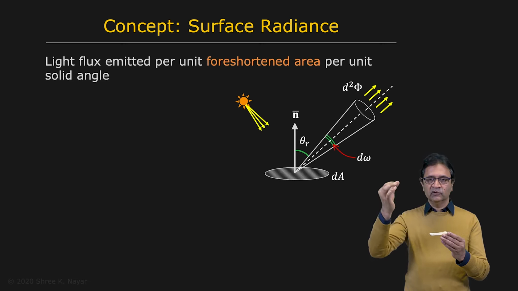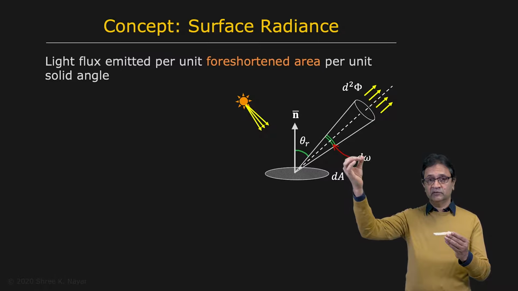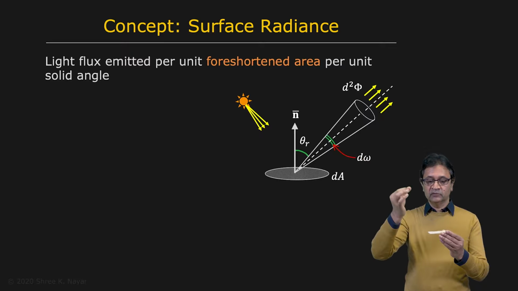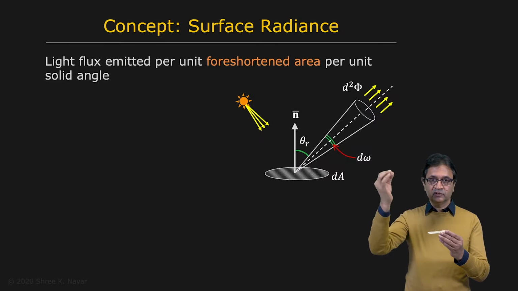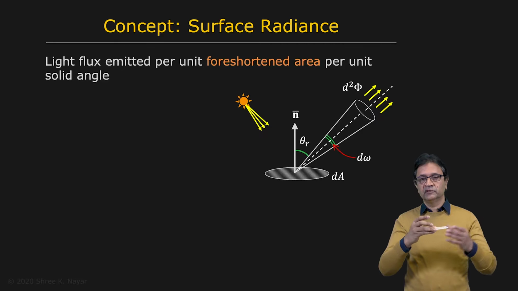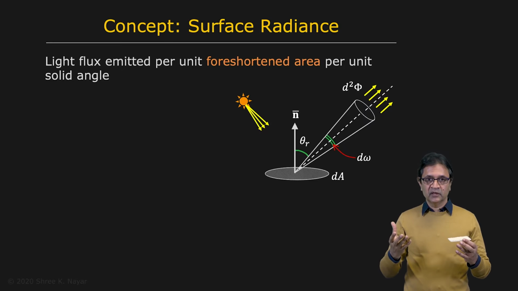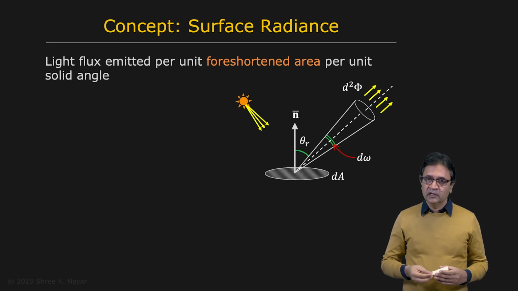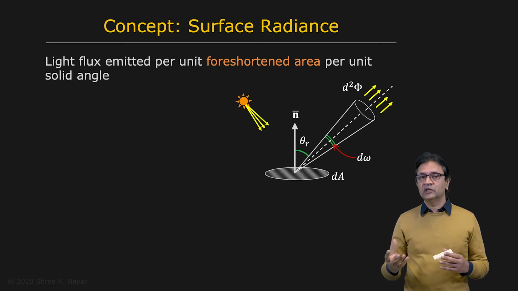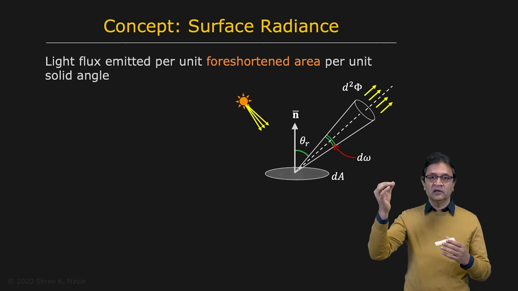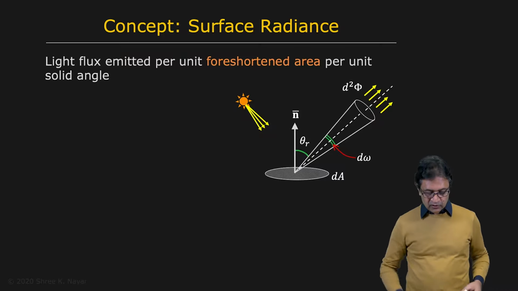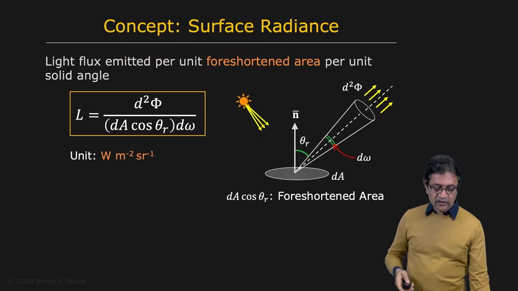You can see that if you move the sensor back, it's going to receive less light from the surface because the solid angle with respect to each point on the surface reduces as you move further away. And also the second thing that influences this measurement is that if I increase the area of the surface, you're going to get more light entering this sensor, and therefore the brightness is going to increase. So somehow when you define the brightness of a surface, you need to normalize with respect to both the area of the surface as well as the solid angle subtended by each point on the surface with respect to your sensor itself. So that brings us to the definition.